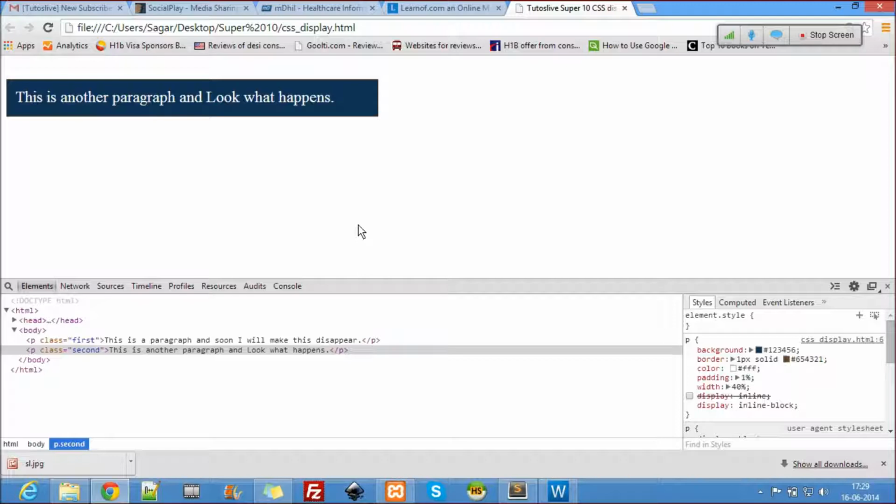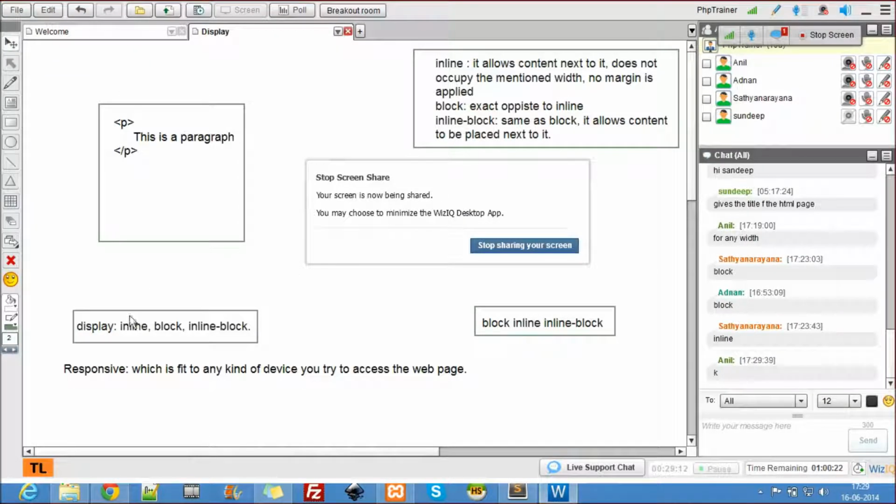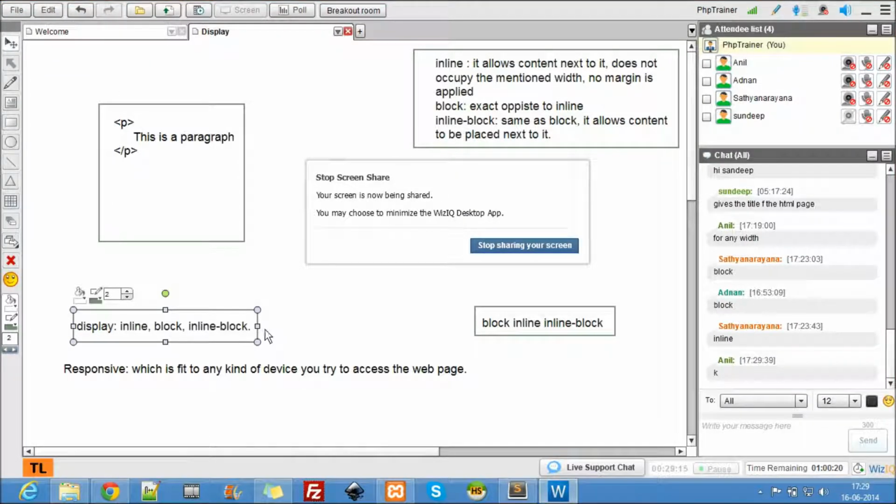What it has done is removed the entire scope of it. So display: inline, block, and none. Out of these, two are very important.